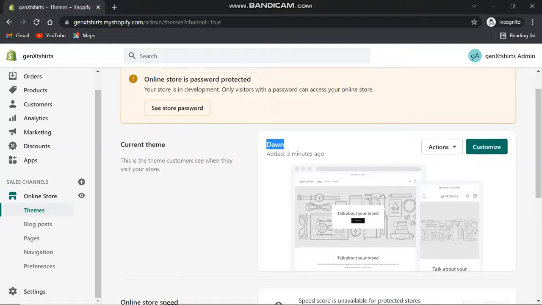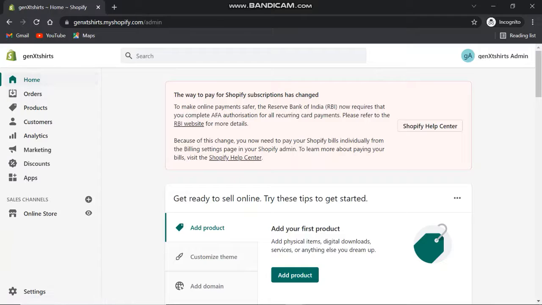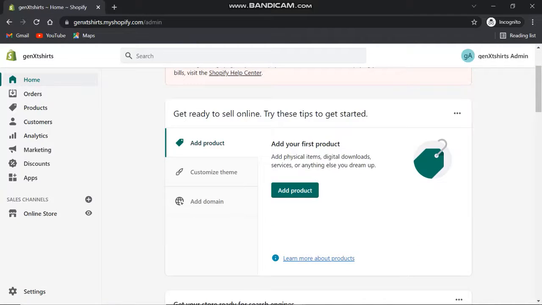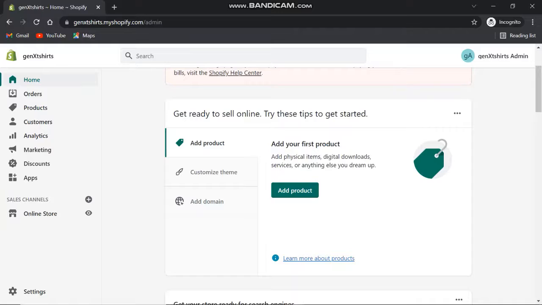Now if you come to the left-hand side, you can see home, orders, products, customers, analytics. If I go to home, here you can see different options like add product, customize theme, add domain. Add product is very important, where we will add our store's products in Shopify.